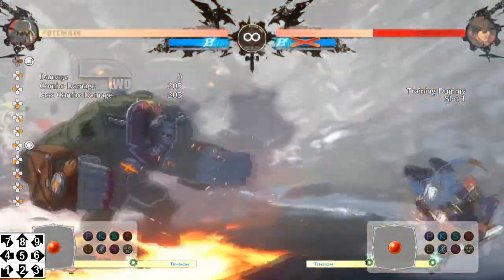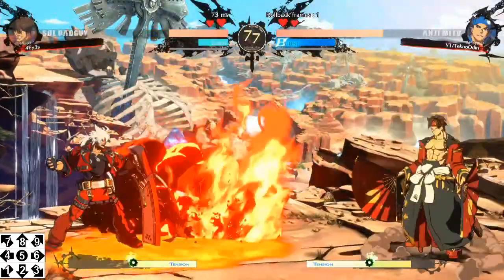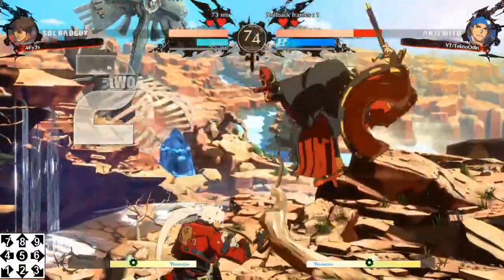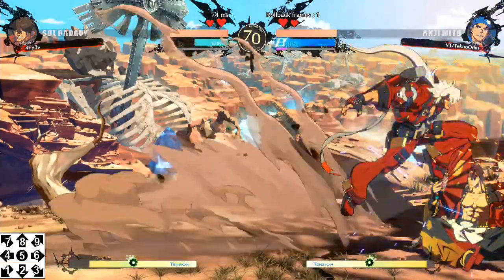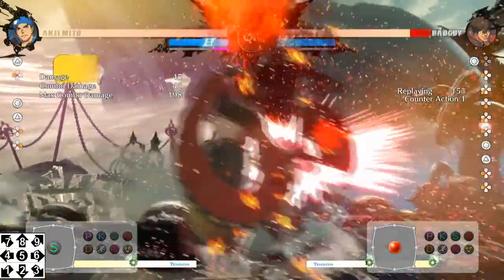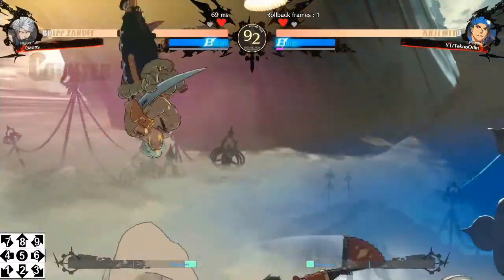Now a wise man once said you can only dish out as good as you take, and if you're taking more than you're dishing out, well, that ain't good. So defense is a big thing, and to defend is pretty simple. Hold back to block high, and hold crouch and back to block low. Doing so will completely lessen the damage you take and allow for retaliation, but being too defensive has its risks,